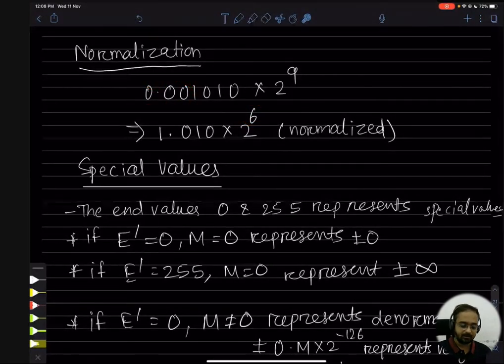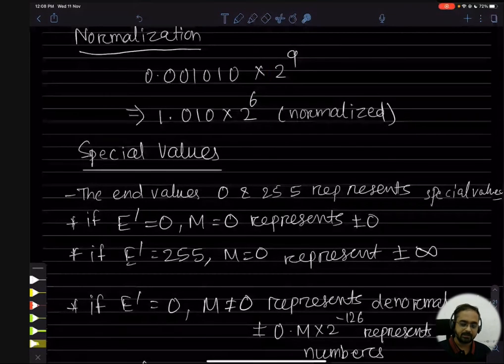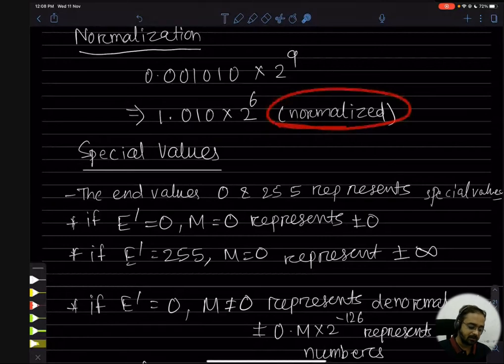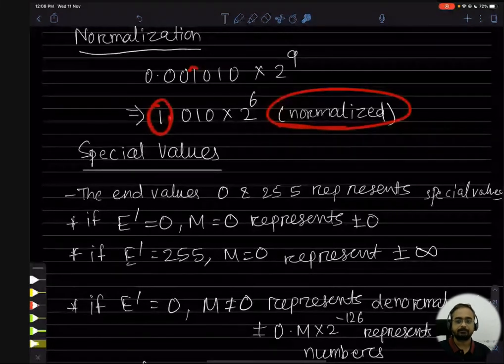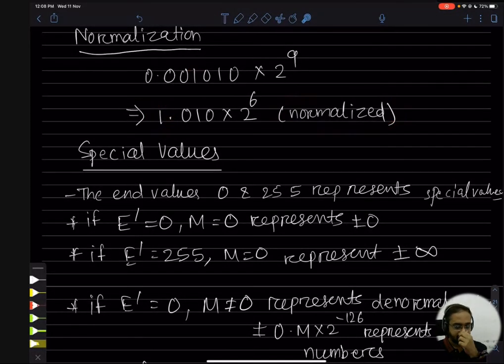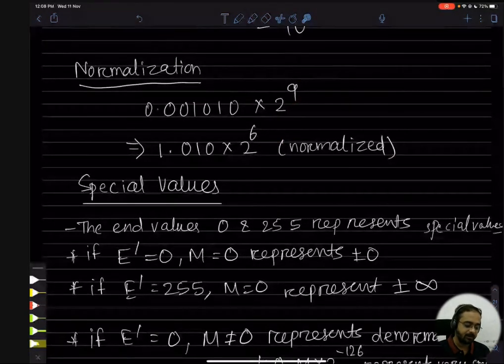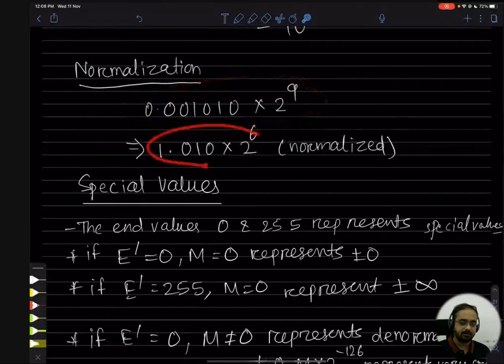This you already know, right? In your 6th class or 7th class mathematics, how to adjust the fractional numbers. You do the same thing in the case of this binary fraction also. Now it is normalized. Okay, always the first bit will be 1, that you have to remember. Okay, now it is normalized. So any binary number will be given in this format, you have to convert it like this.